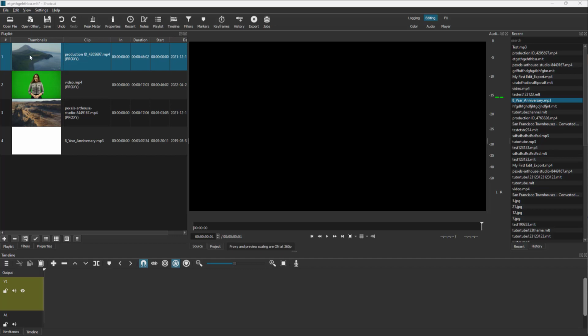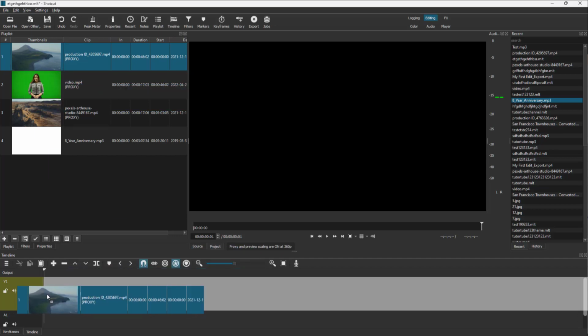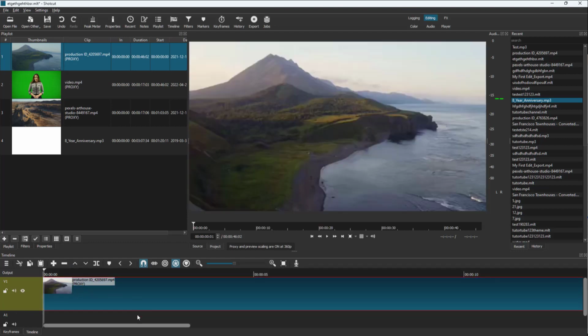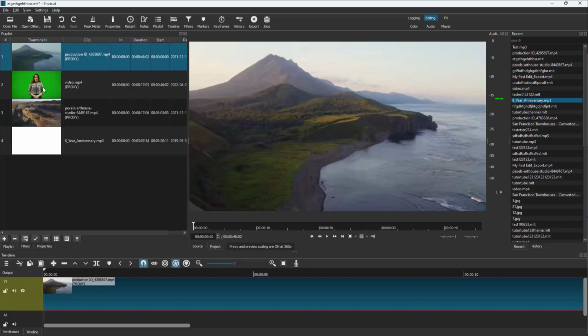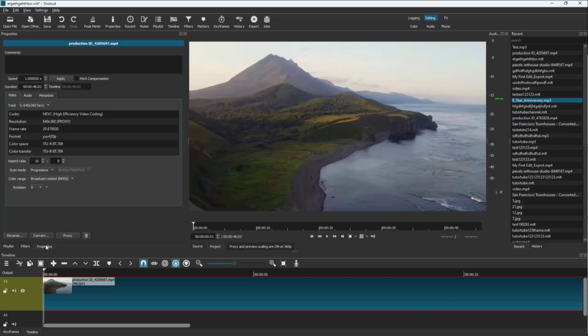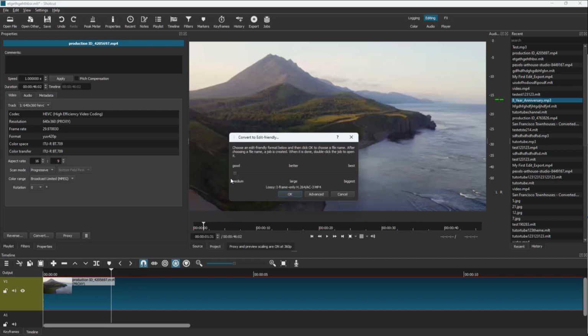format. And to do that, first of all, you need to bring up the video on the timeline right here. And then once you select the video, you can go to properties for that particular video, as you can see right here. So I'm going to go to playlist, select another video, go to properties. You can see that the one in the timeline itself is still being selected right here, as you can see. So it has to be in the timeline, and all you need to do is click on convert, and here you